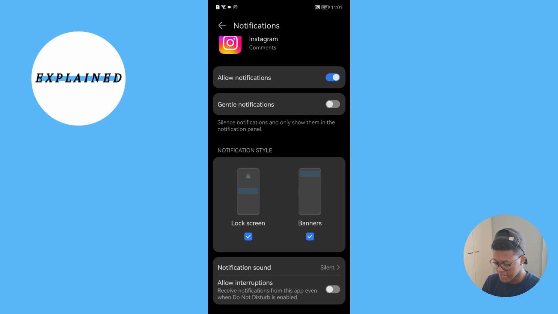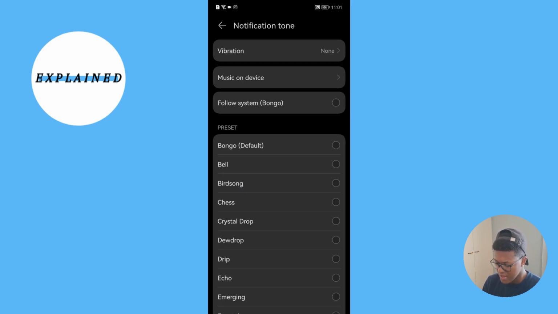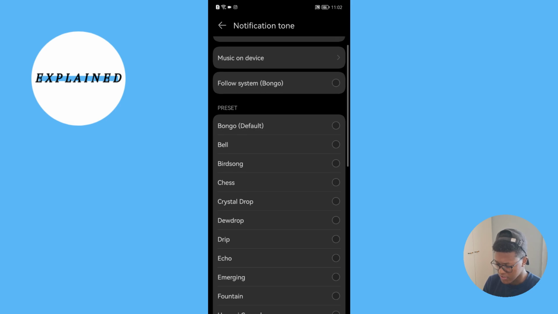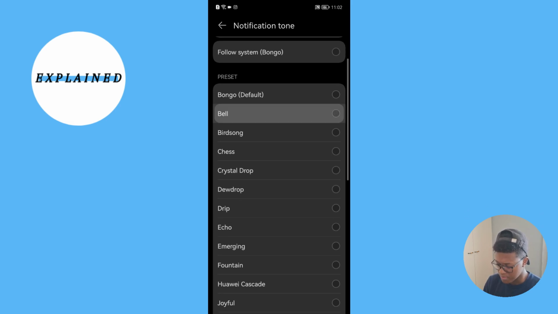So as you can see here, it says notification sound and it says silent. So we're going to press on that. So now you can just choose the type of sound that you want to use as your notification sound. So I can use bell, bird song, chess, bongo, drip, echo,